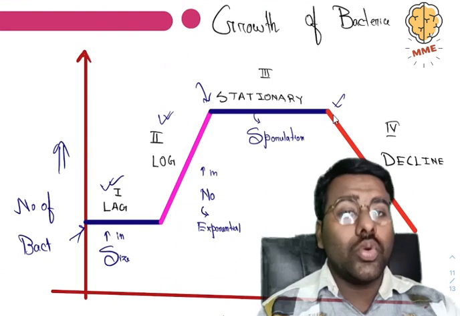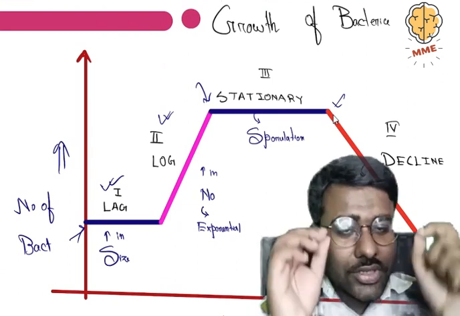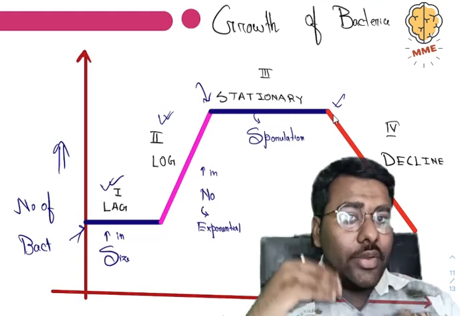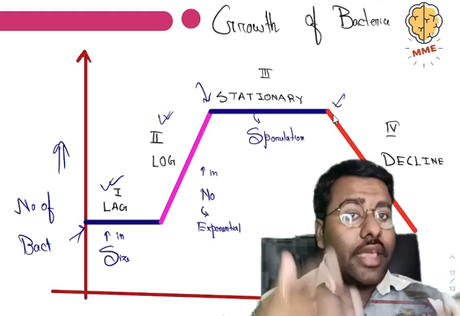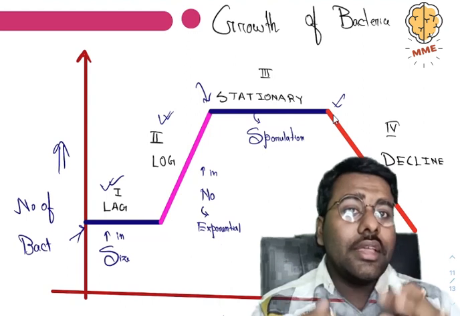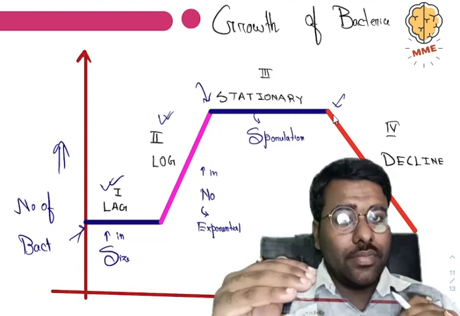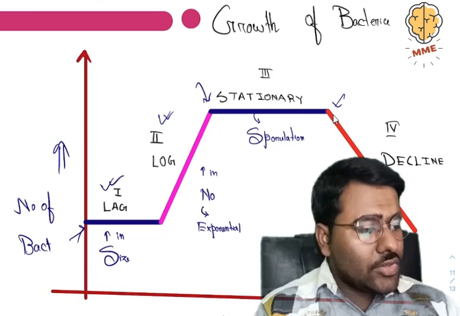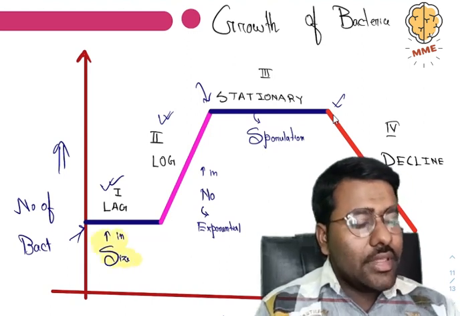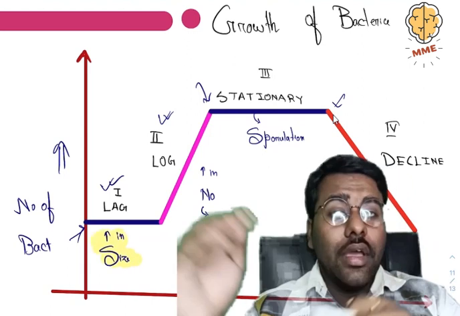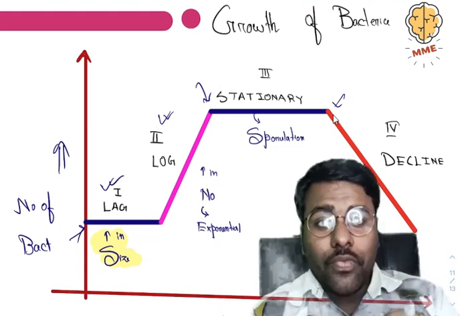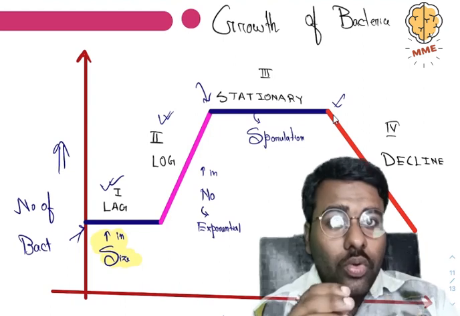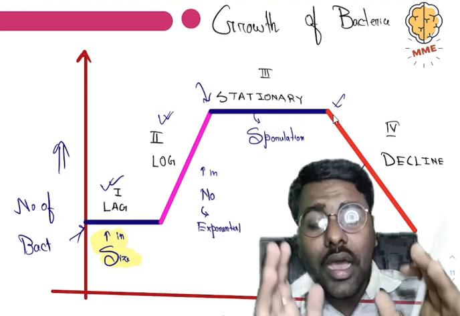Now coming to the growth, very easy, just understand four things. First, when we take nutrition, we increase our size, then we start to multiply, then there is a stationary phase, and then there is a decline phase. It's very simple. First, when the bacteria take nutrition, the size is increasing, but actually they are lagging in growth. We call it growth when there is an increase in the number of organisms.